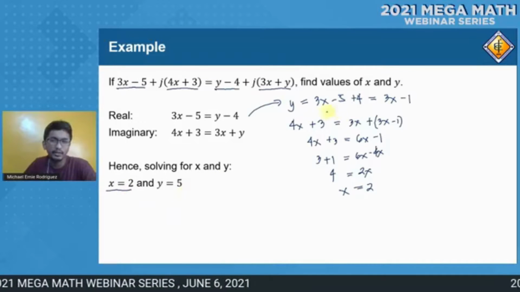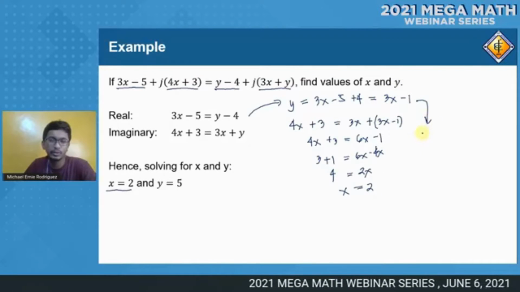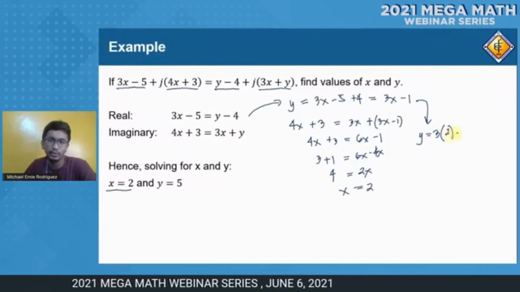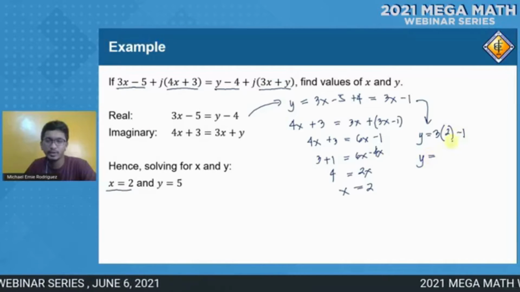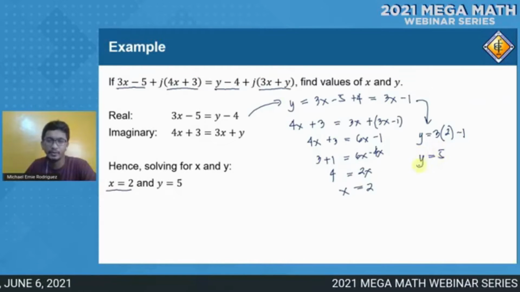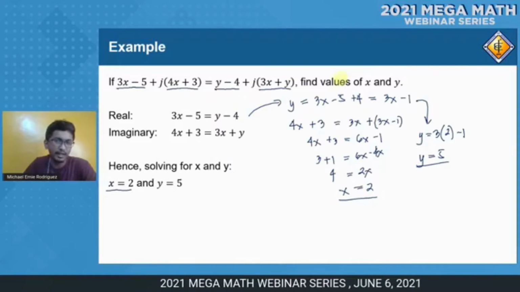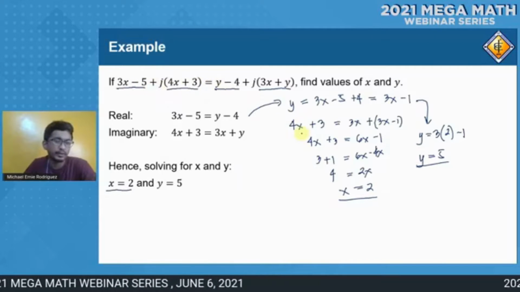And then for y, from this equation sa taas, substitute natin yung 2. So we have y is equal to 3 times 2 minus 1. Okay, so we now have 6 minus 1, that is 5. So ganyan lang yung pag-solve natin on finding the values of x and y on this complex number,